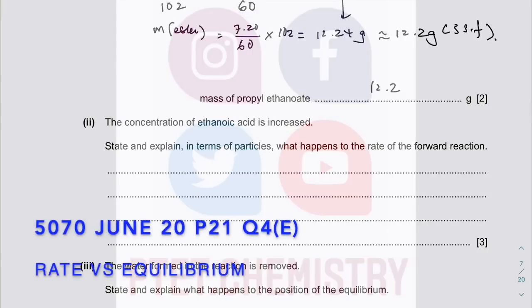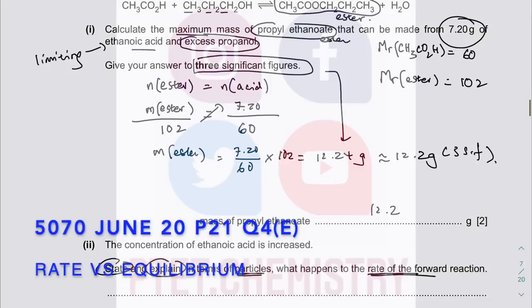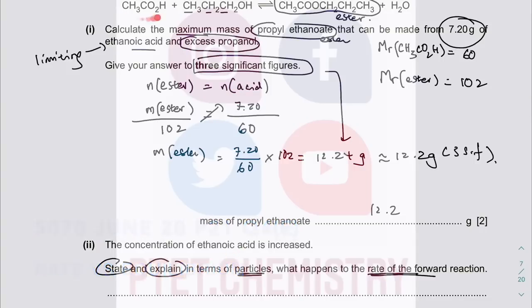Next bit, they want you to state and explain in terms of particles, the rate. So they increase the concentration of ethanoic acid. So we are talking about the effect of concentration on the rate. Ethanoic acid is a reactant. Reactants will need to collide with reactants to form product. When you increase the concentration of reactant, as the concentration of